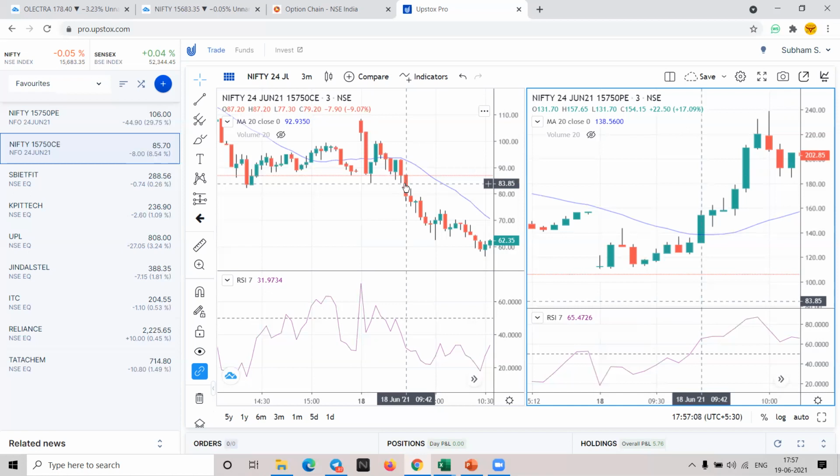On the sell side, we expect a better risk reward, because when you're doing selling, you have the advantage of time with you. Due to time decay, you can get a better move. On the sell side, due to decay, the price movement on the downward side will be better. So you can expect 1:1.5 risk reward.